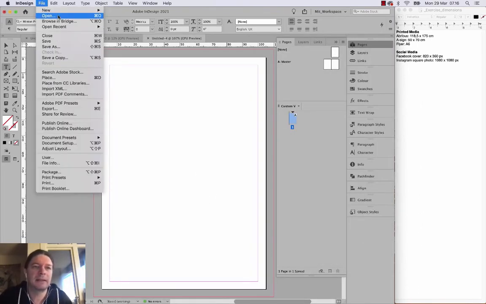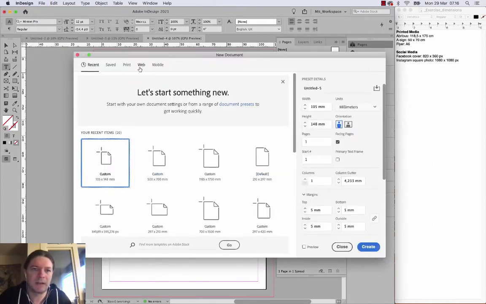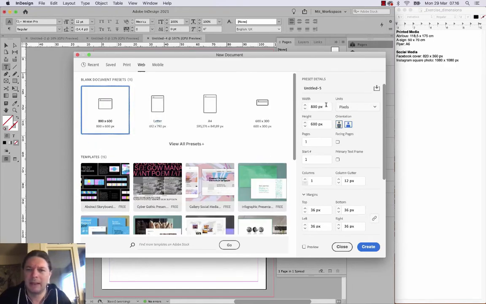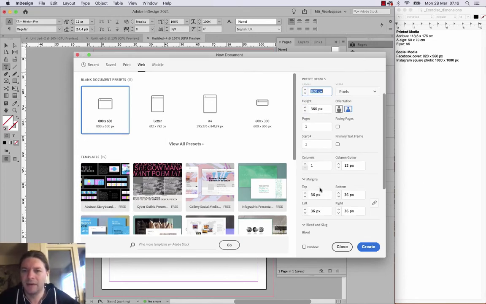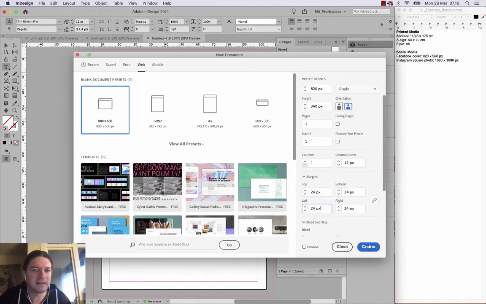Okay, so the next thing is to create the Facebook cover. This is going to be for web, and I'll just type in 820 times 360 in pixels, and this is of course going to be landscape format. The margins are probably going to be a bit smaller, and I'm not going to use any bleed or slug, of course, since it's for social media, for the web. Going to click create,